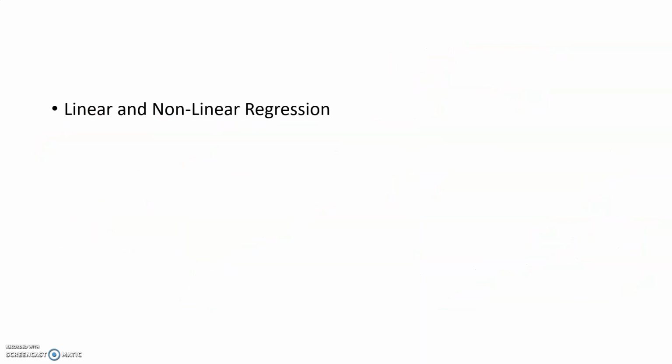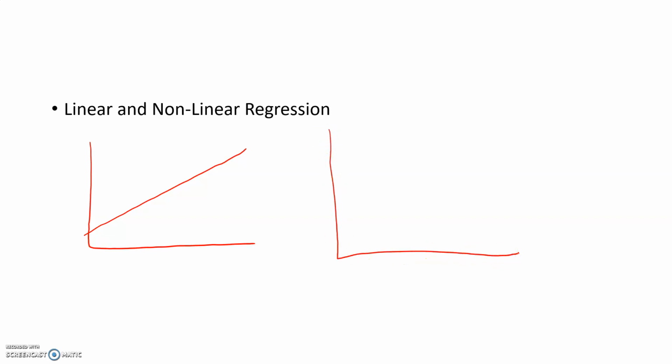Another thing you need to understand is that there can be linear regression and non-linear regression. To simplify it, I can explain it through graphs. This is how my linear regression will look, right? And there are many real life situations where this will not be the case, where you don't see a straight line. You might have curvy relationships, like one between your GDP and price, right? Or you can have a relationship like this, for which you will use logit regression, right?